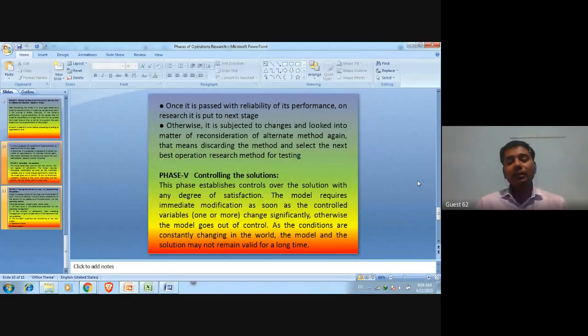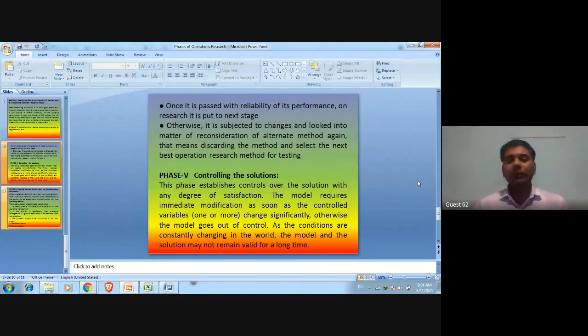So your model should be flexible so that you can modify the variables to control the solution. You can modify or change those variables which can affect your objectives. Okay, so models should